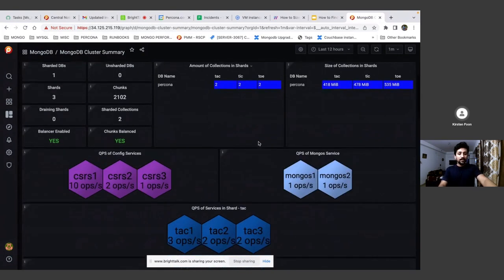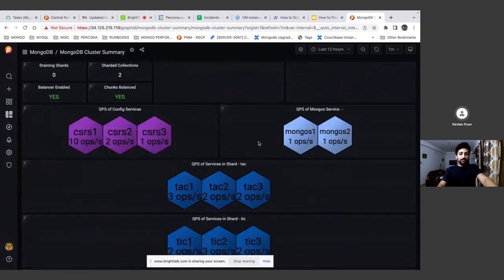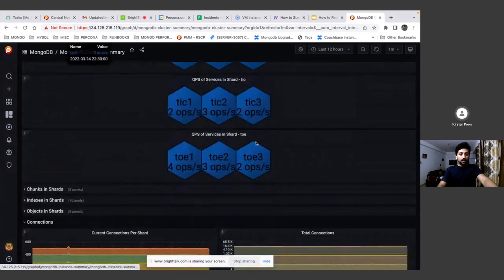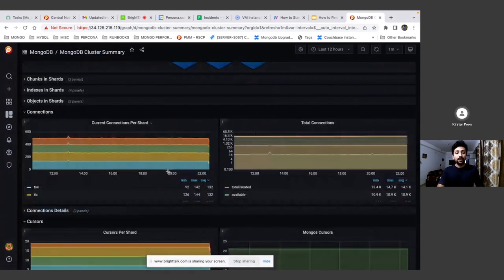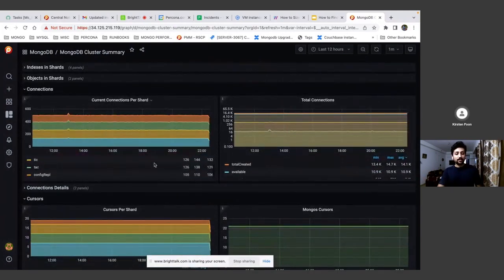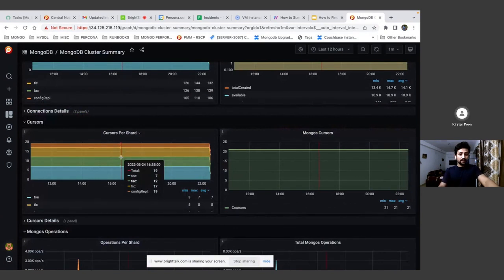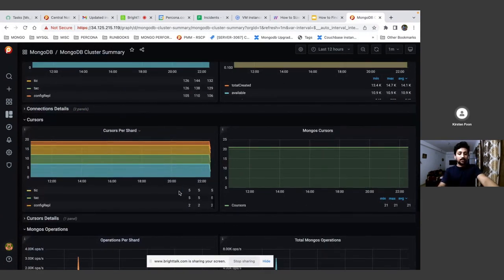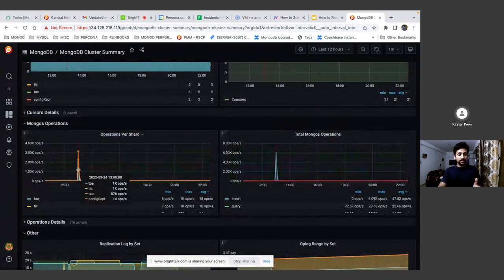So as you can see, a lot of information is available here. As you scroll down, you can see how many connections are established per shard, how many total collections cumulative from all those shards, and what all the current cursors are active, right? And how many MongoS cursors are active, how many operations per shard are currently going on. So if you can see it here,